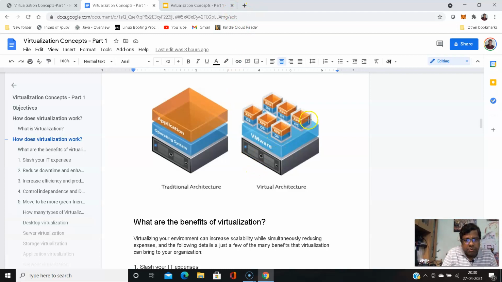Each virtual machine has a vNIC, a software-based network interface card.